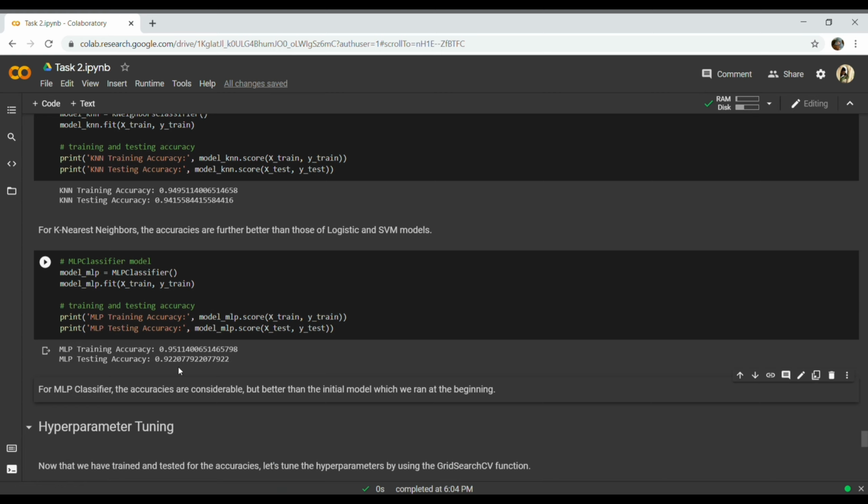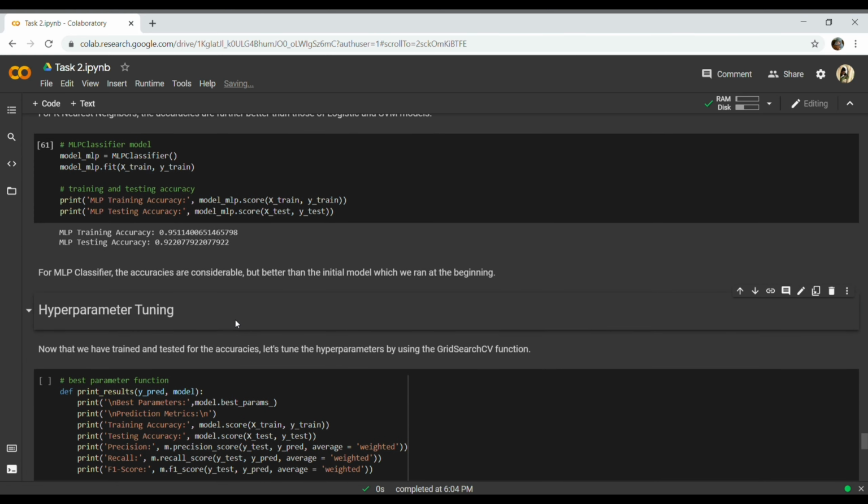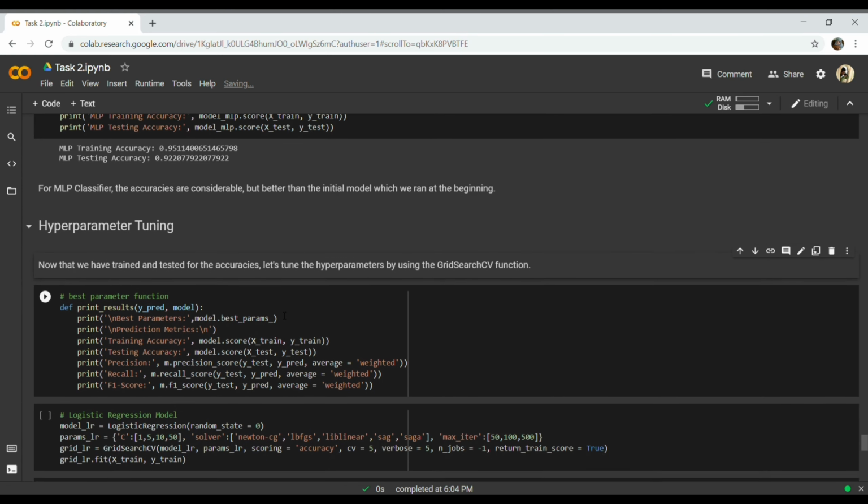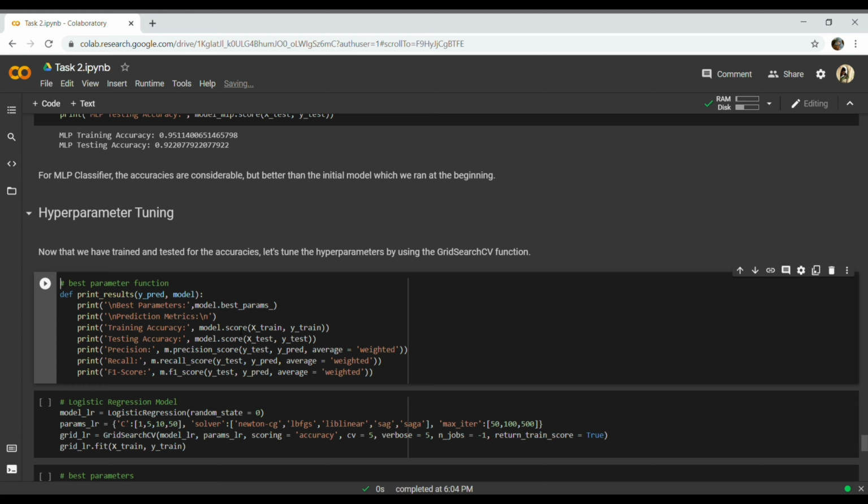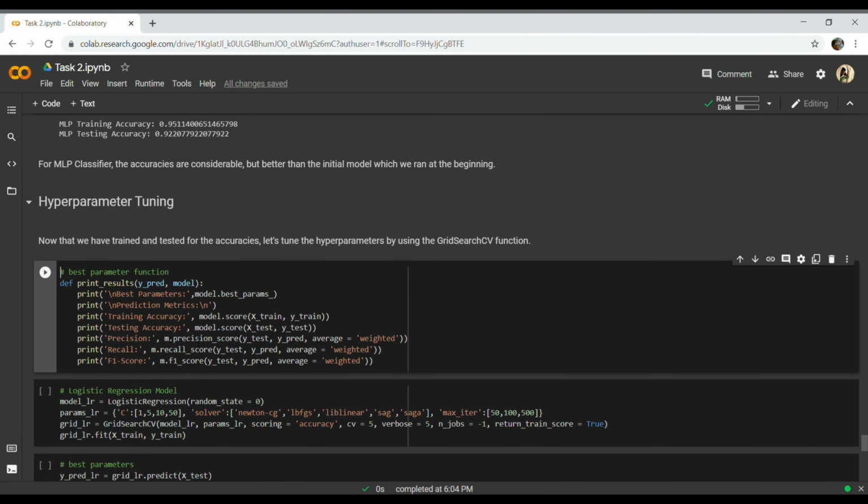How? By tuning these hyperparameters. So that's why we move on to hyperparameter tuning. So this is a function which I have written for getting the best parameter and the accuracies, precision, recall, and F1 score of the best model.